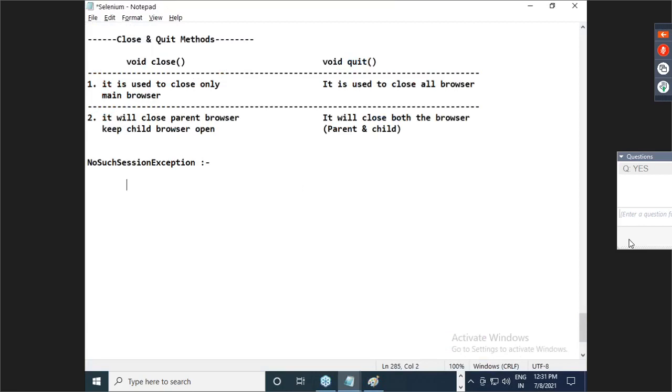And write down there, guys, we will get this exception when we try to perform an action on a browser which is already closed.